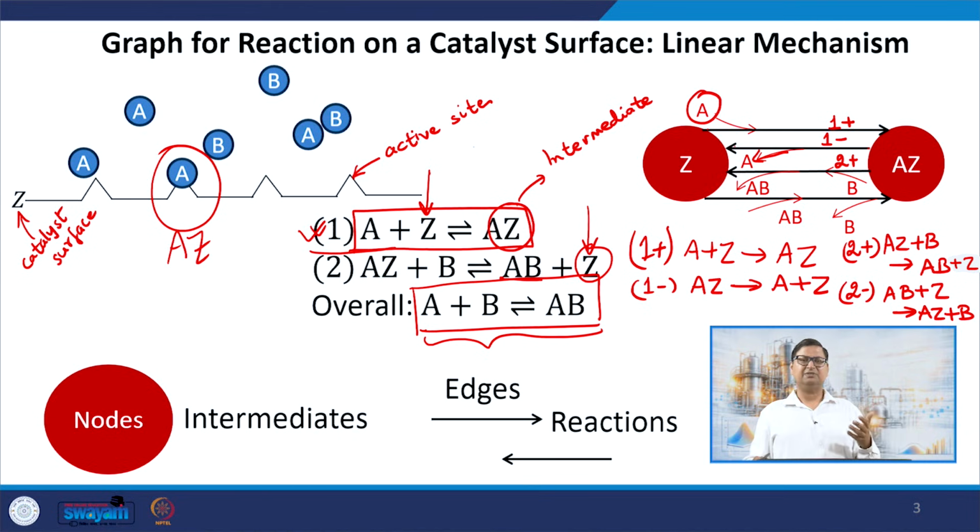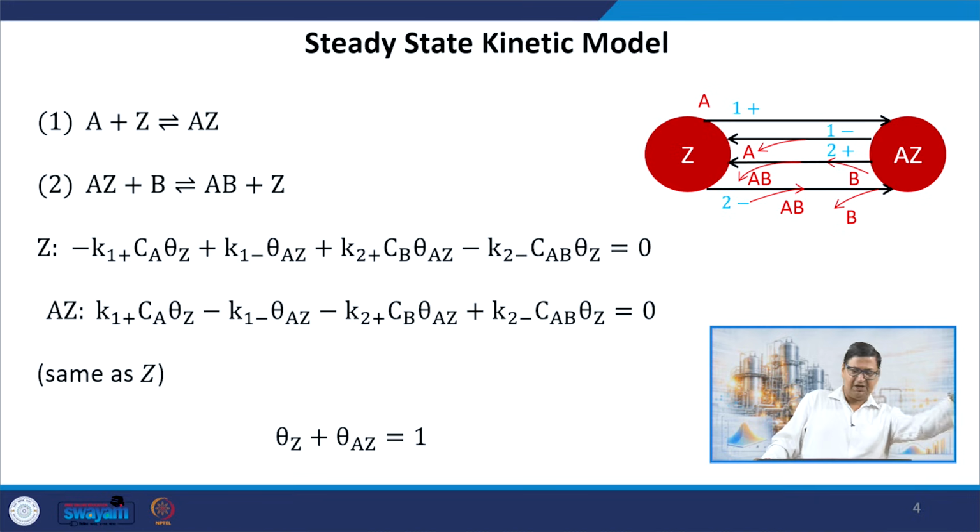In the overall scheme of things, the net production of them is 0. But while the reaction is happening, or in the mechanism of the reaction, there is a possibility of forming Z from AZ and AZ from Z. So this graph basically represents the interrelation between the two intermediates Z and AZ in the problem. How is it helpful? This can help us make a kinetic model for the chemical reaction, where now I